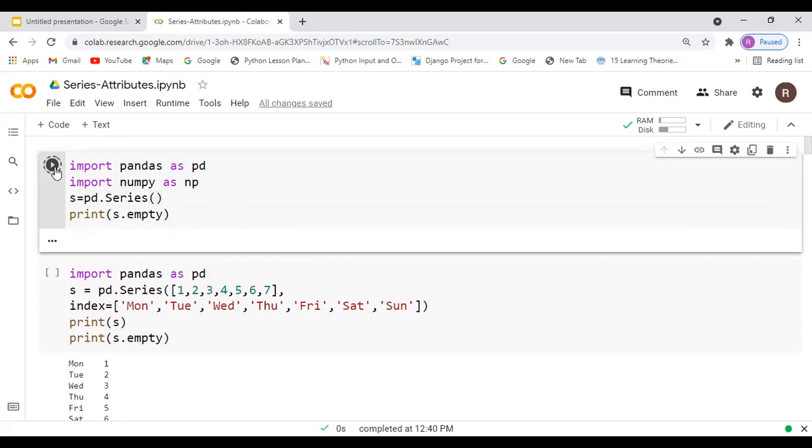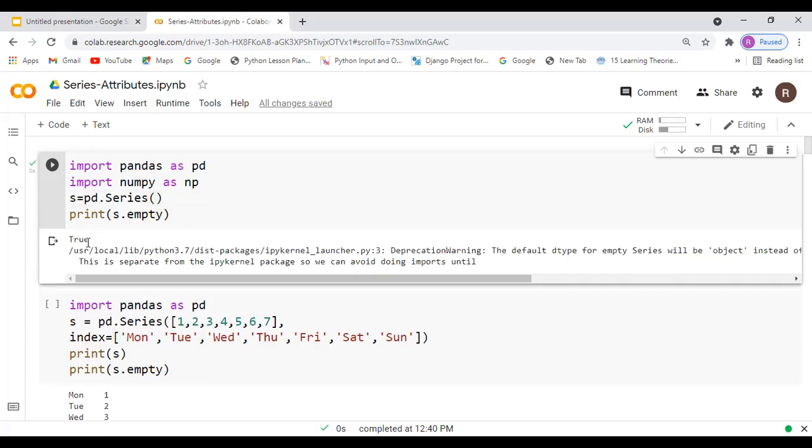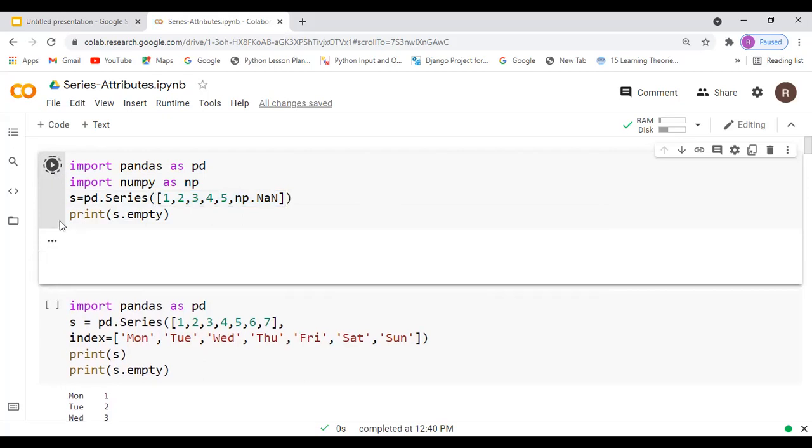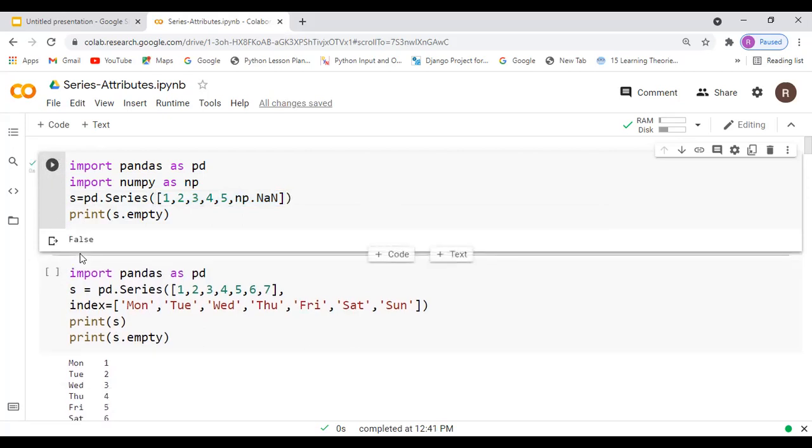Now when I execute, you will get true. So whenever we are using the empty attribute, if the series is empty, you will get true. If the series is not empty, you will get false. Now again, I have inserted my values. When I execute, you are getting false.